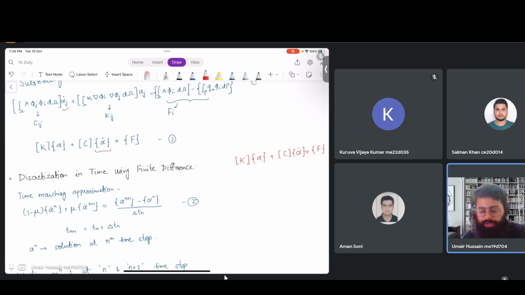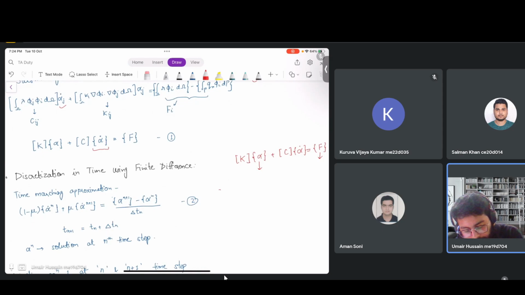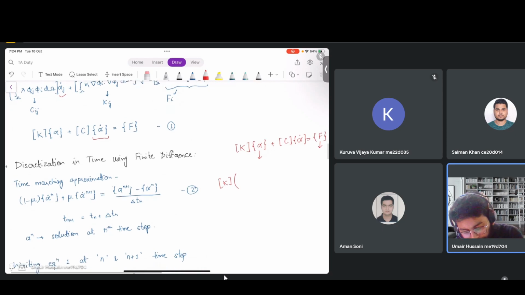So wherever you have any term which you know would vary with respect to time, like alpha here. K, we don't expect it to vary with respect to time. C, we don't expect it to vary with respect to time. Suppose we also assume that F would also vary with respect to time. So suppose we have some heat source term that is varying with respect to time. We'll consider this also changing. So what you do is you write that varying term as mu alpha n plus 1 plus 1 minus mu alpha n,